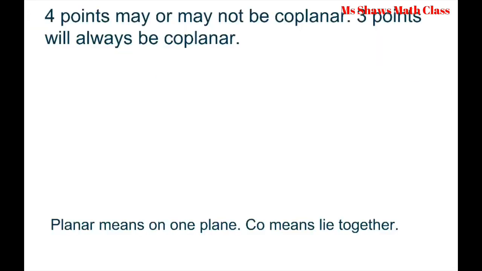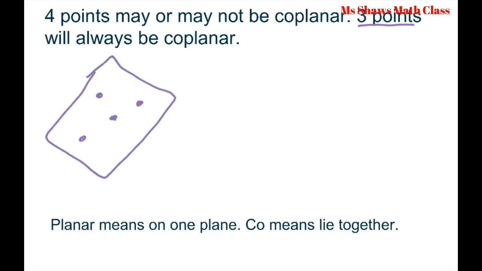4 points may or may not be coplanar. 3 points will always be coplanar. So if I have 4 points here, 1, 2, 3, 4, and draw this, we'll call this A, B, C, and D, and I'll call this Z again for the plane. You have 4 points that are coplanar. However, if you have something like this, A, B, and C, or let's call them X, Y, and Z,